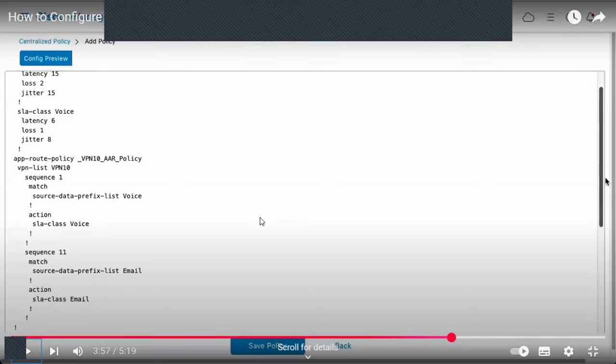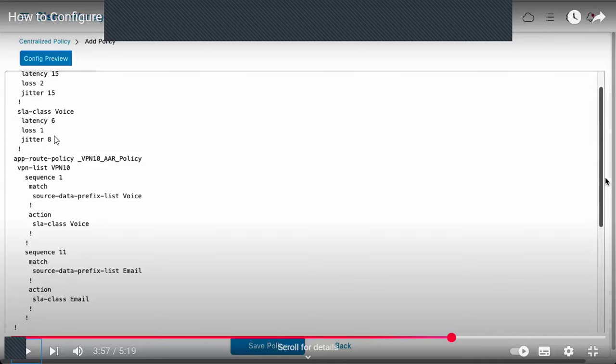Can you see what is the policy which has been created? So you can see the sequence number. We are matching the voice and we are defining the action as an SLA class, right? And what is there within the SLA class of voice? Latency is this, loss is this, jitter is this.